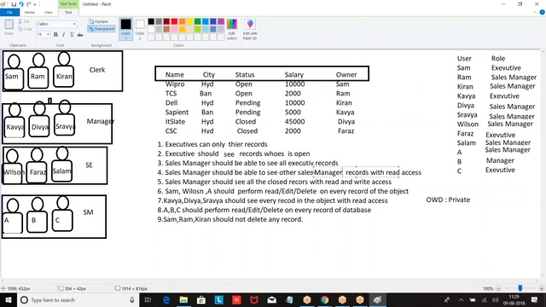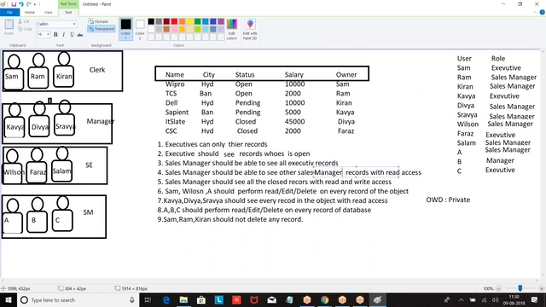Both of us can see our subordinates' data, but not each other's. But the requirement says sales manager should be able to see other sales managers' records. How is it possible? Records owned by the sales manager are shared with the users whose role is sales manager. What is it? Owner based sharing rule. Let us go to the next one.